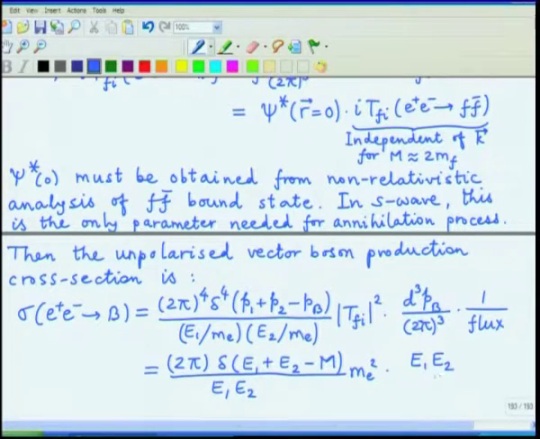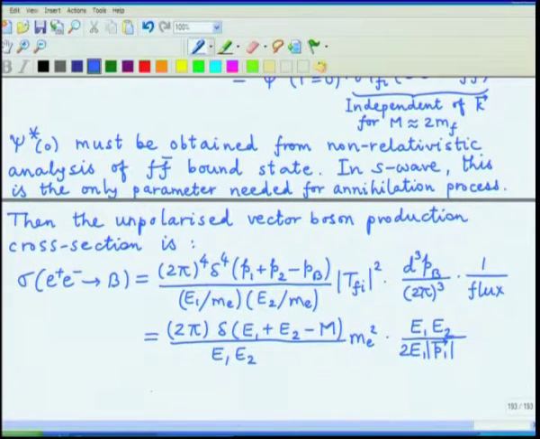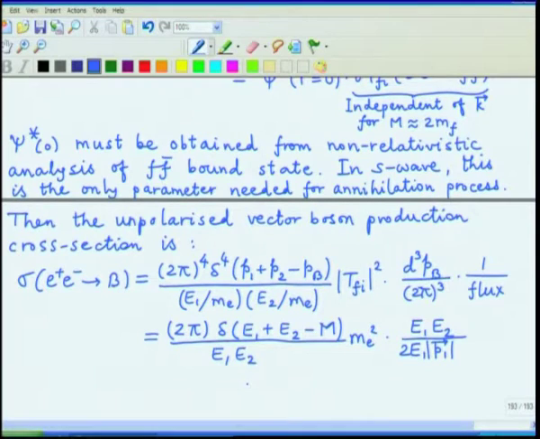We calculated it earlier and the result was E1 E2 divided by 2 E1 magnitude of P1, and that is the expression. The momentum integral is already gone, but the energy delta function still remains,